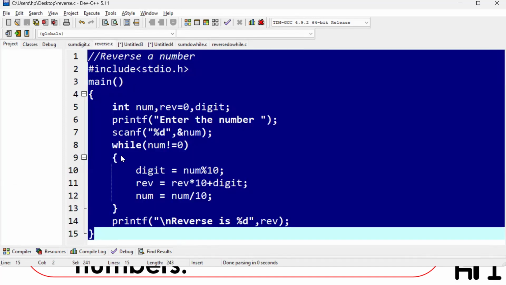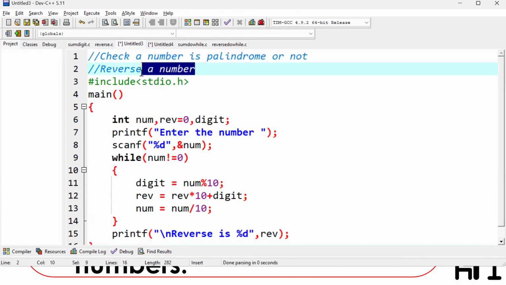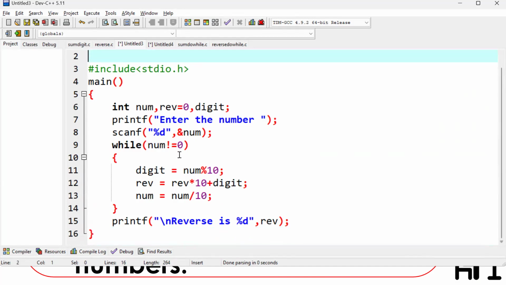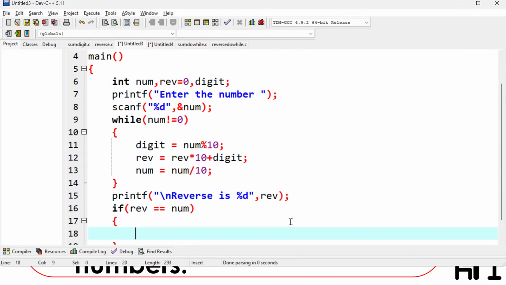Now what we'll do here, reverse I have already written. We'll just write down the same program once again, where we have done the reverse. Clear? So the reverse value is present in the REV variable and the number is present in number. So after doing the reverse, let's print the reverse value. After printing the reverse value, I'll write if reverse equal to number. Okay, that means after doing the reverse, if reverse equal to number,